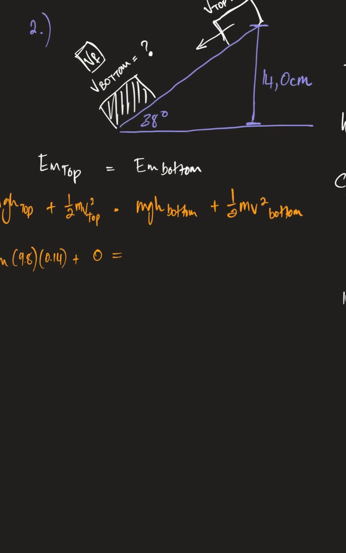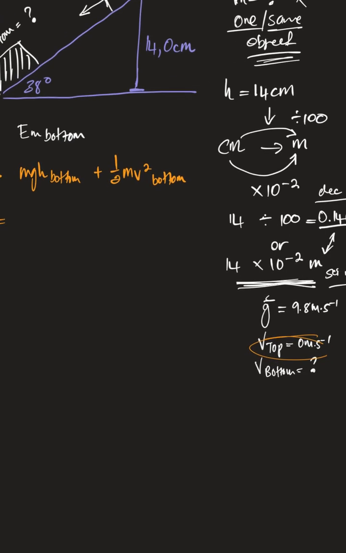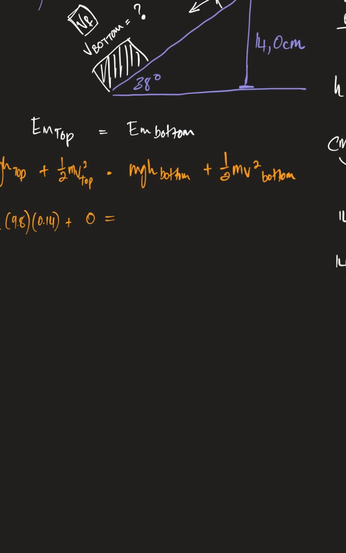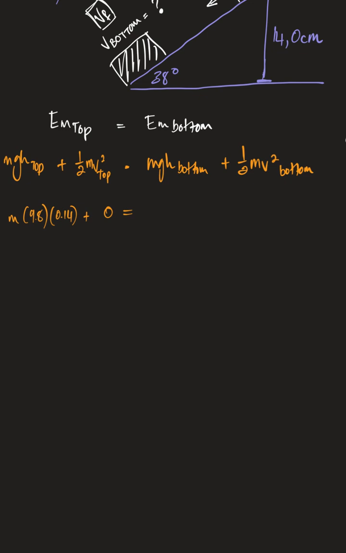My height at the top is equal to 0.14 meters, but my height at the bottom is equal to 0 meters, so I'm not going to have any potential energy. So I'm going to say 0 plus half